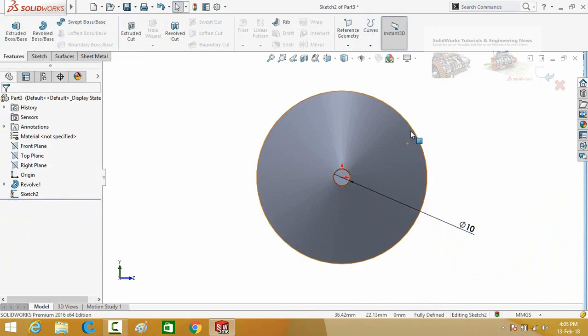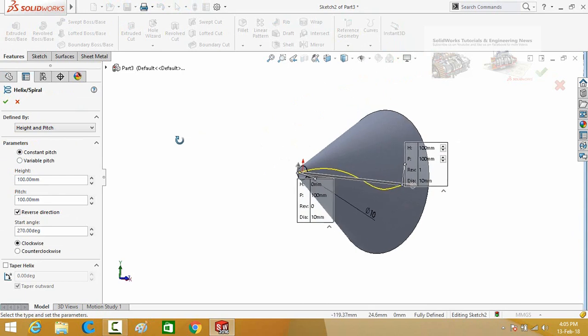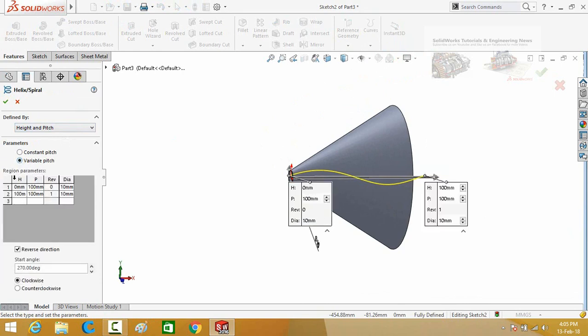Now go to the Features tab and click on the Curves button here and then select Helix and Spiral. Click on the option variable pitch and here you can see a table. H is height, P is pitch, this is revolution and this is diameter.